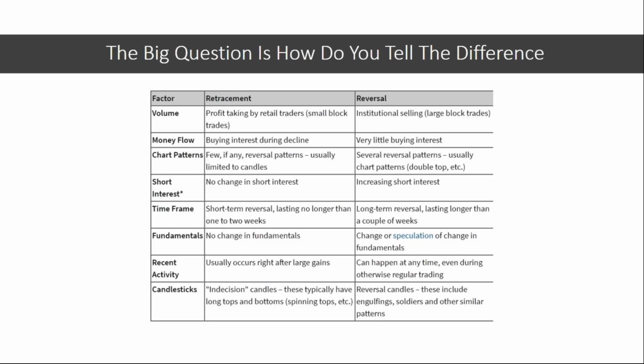Now, for a reversal to start occurring, you'll see large blocks of sellers. So you see a big change in volume. Okay, you'll see very little buying interest. There's nobody buying. They're all selling, or the reverse in a market. You might see double tops and double bottoms. In other words, as the price moved up and then fell back down, then tried to move back up a little bit and fell back down, it formed that double bottom because the buyers are not able to generate the momentum to push it back into the uptrend.